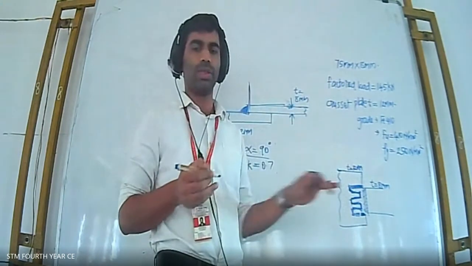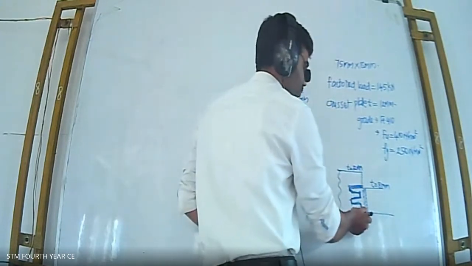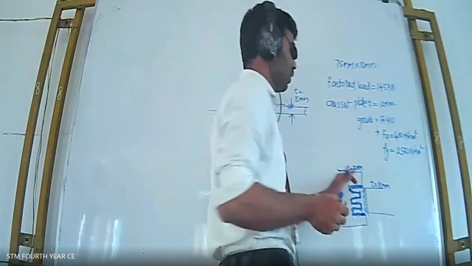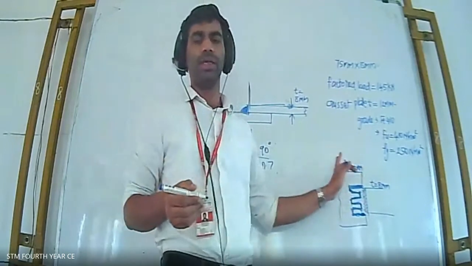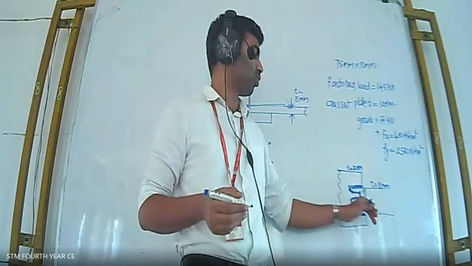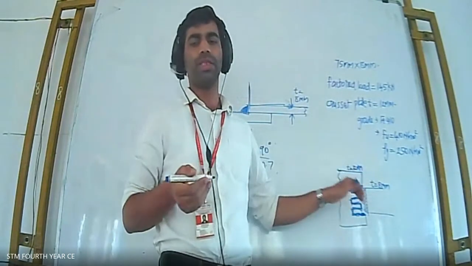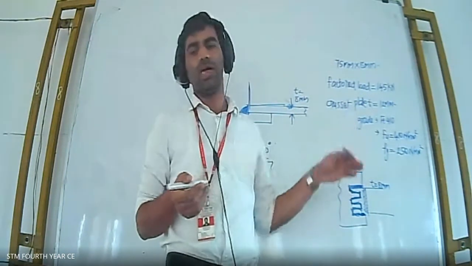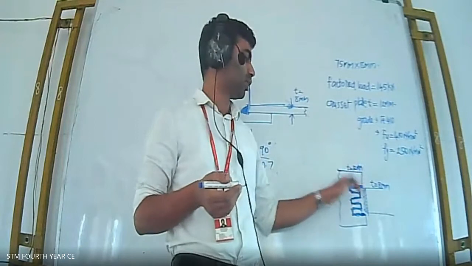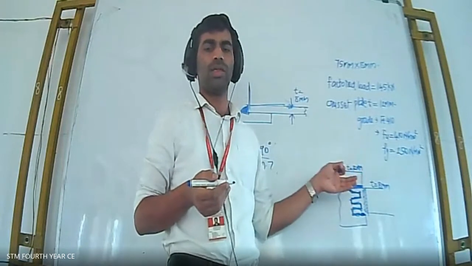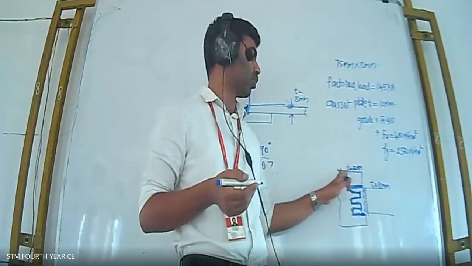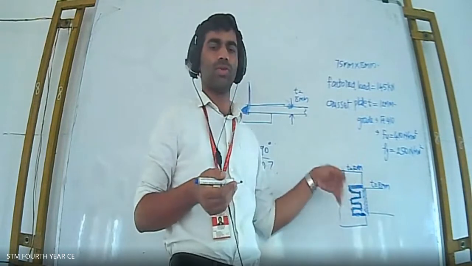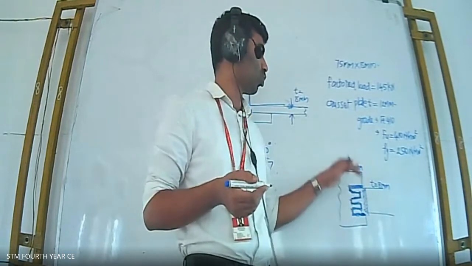I hope the picture is clear. Here the weld length will be increased like this. Like this you have to increase the weld length. This type of welding is known as slot welding. Slot welding has been asked in the theory portion. In the design also I will make you understand the situation. In the coming problems we will find slot welding also.